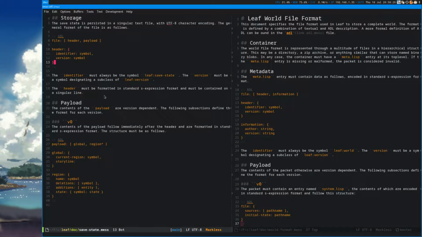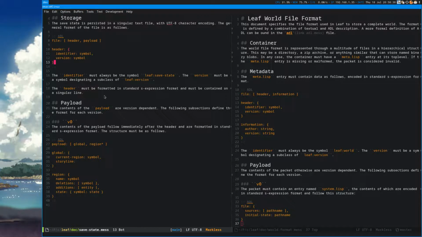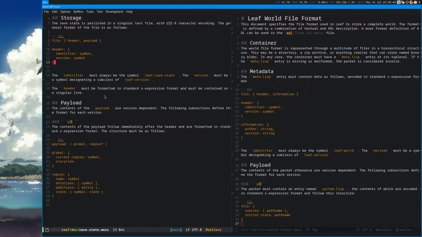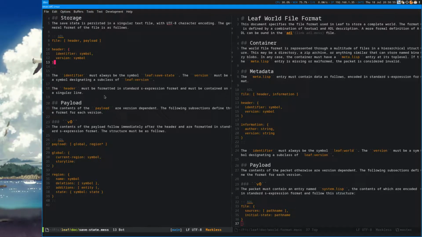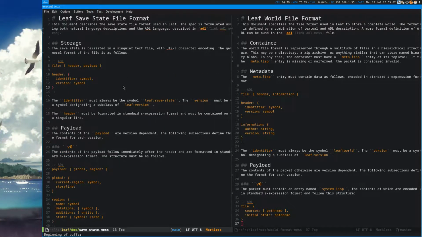So I'm reconsidering doing this all in one file. Or in the very least, I'm reconsidering doing this in one source file. And I think instead I'm going to again go for a packet where I have a meta file, and then I have a multitude of payload files, one for each region, which describes the changes of that region, and then one for the storyline changes, and so forth. And I think that should be much cleaner. You can still have a single file on disk if you zip it up or aggregate it otherwise, but yeah, having multiple kinds of entries to deal with sounds a lot saner. So I think I'm going to switch to doing that instead.